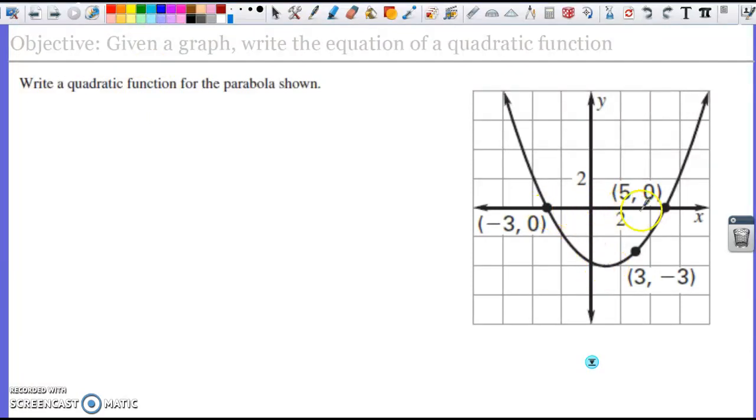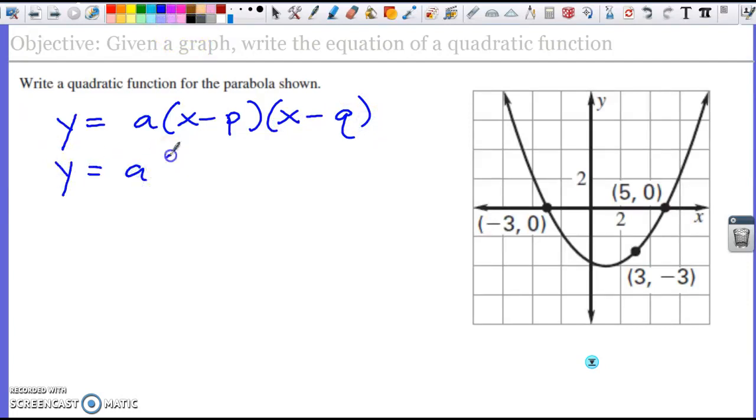Do I have x-intercepts? Yes, I do. So I'm going to use the factored form or intercept form: y equals a times (x minus p) times (x minus q). I'm going to use the p first this time. In this case, I have y equals a times, and what's the p and what is the q? So x minus, the first intercept I see